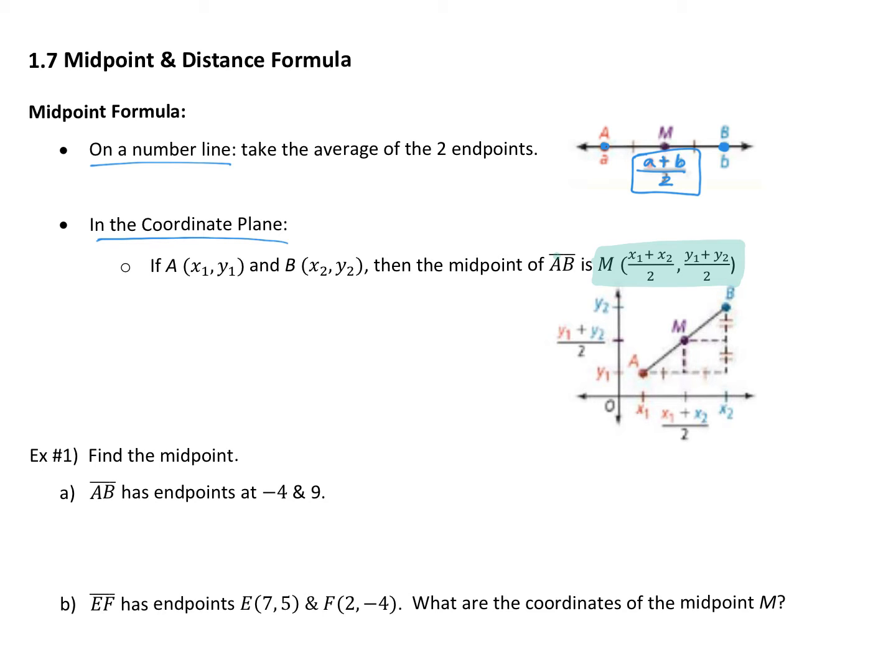Now that's coming from, if I have a point A that is x1, y1, and a point B that is x2, y2. So you'll have 2 points, and you'll take the x values of those points and average them, and the y values of those points and average them. Okay, so add them together, divide by 2, add them together, divide by 2,